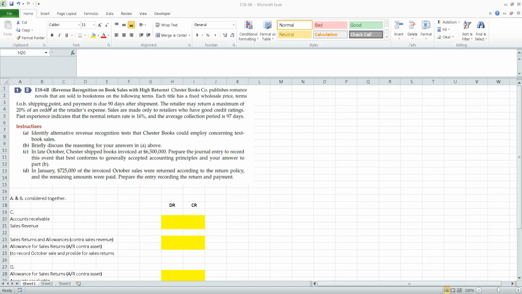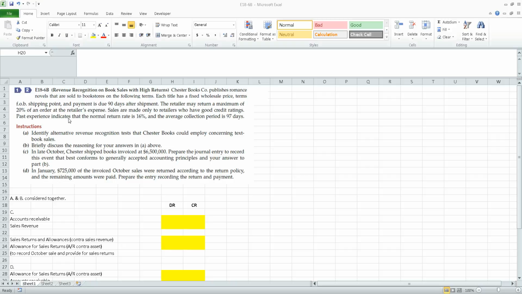We're told that the payment is made on account, with payment due to the seller within 90 days after shipment. And the company that buys the books, the retailer, can return a maximum of 20% of an order at the retailer's cost. So if the books aren't selling for whatever reason, they can return up to 20% of the order at their initiative. We only make sales to people who have good credit ratings, of course, and based on past historical records,